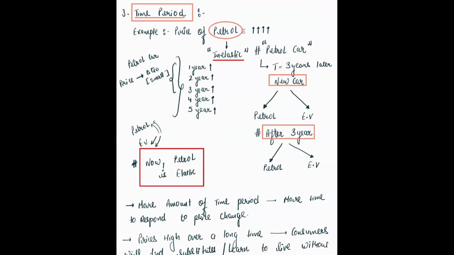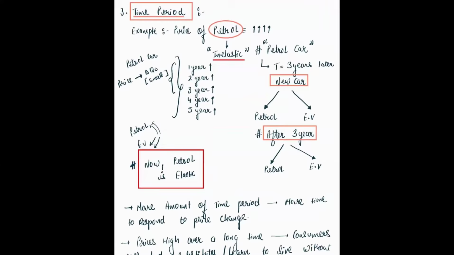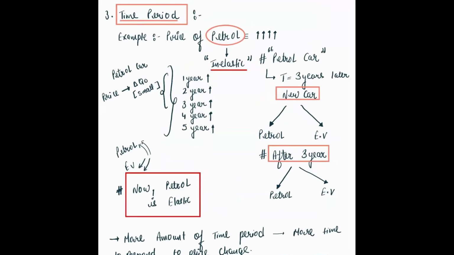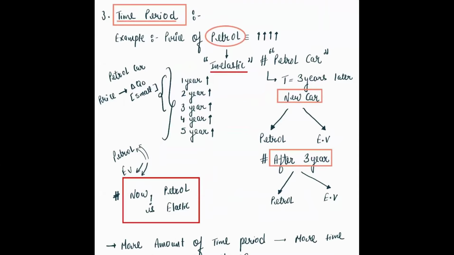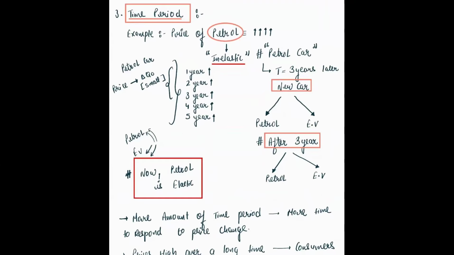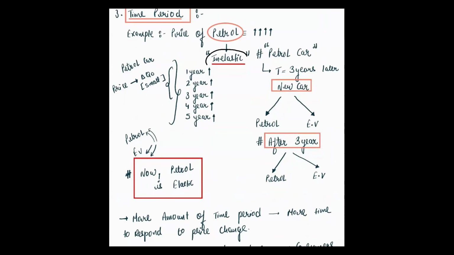Now these luxury goods, necessary goods, and the number of substitute goods are the determinants of price elasticity of demand. Now time period. What do you understand by time period? It is very much important to understand. If the price of petrol is increasing, is it elastic or inelastic? If the price is increasing, the quantity demanded will decrease only a little. So it will be relatively inelastic, right? Because PED value will be less than 1.